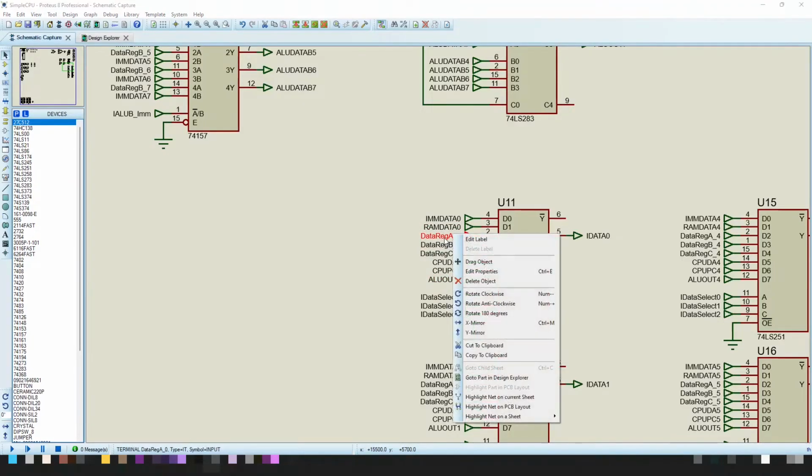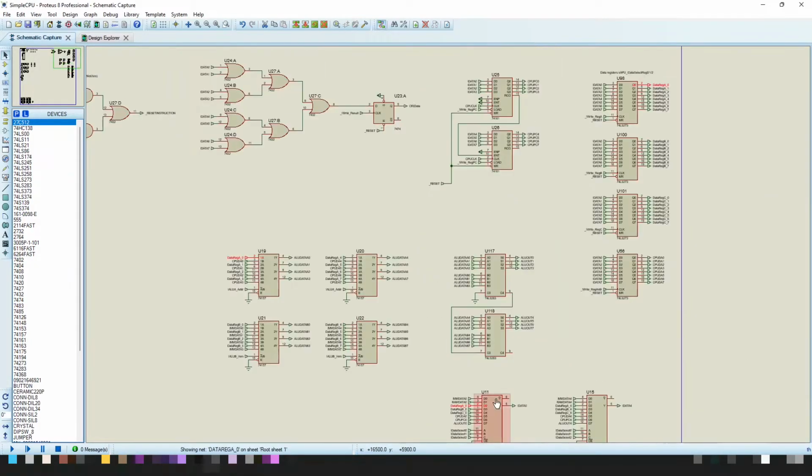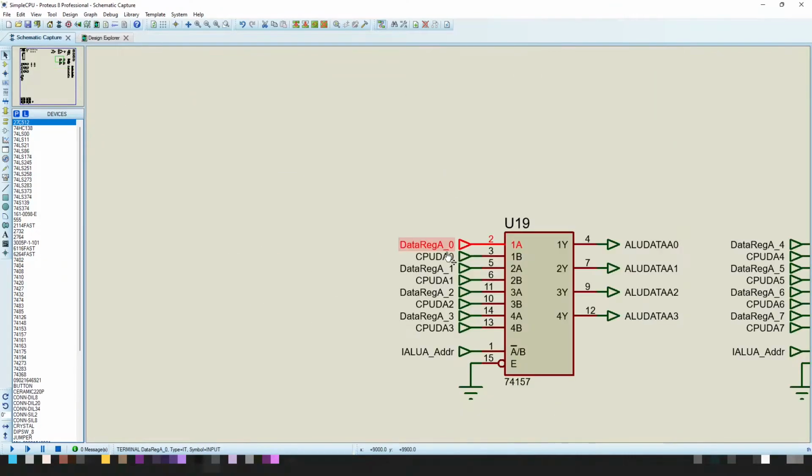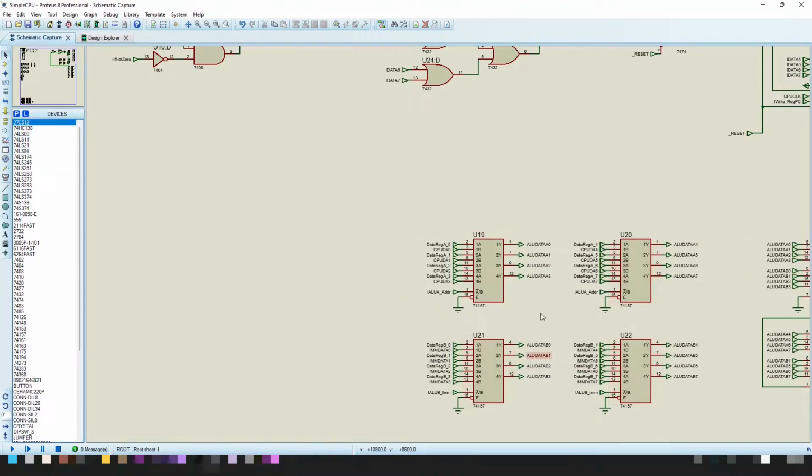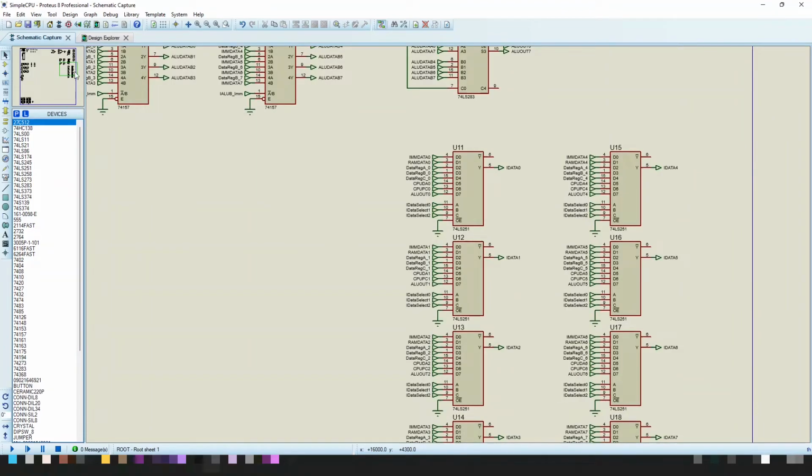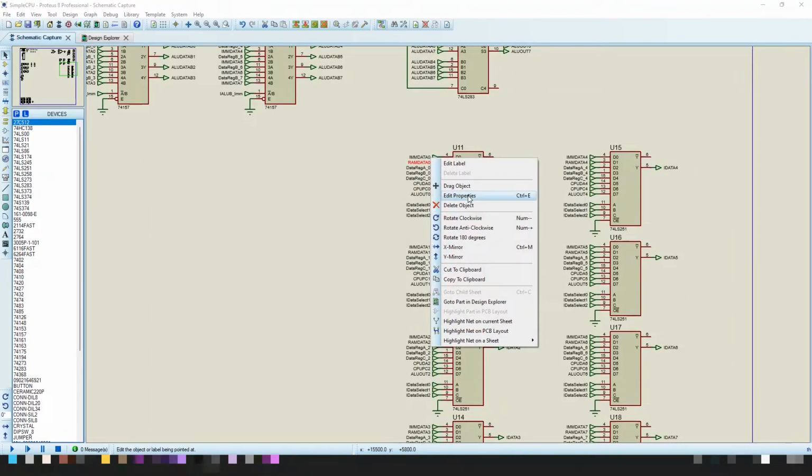Okay, so if I right-click on here and I highlight the net on the current sheet, it will show us that data reg 0 comes from the output of register A, for example. It will show us, if I look at, that's the inputs, the ALU. If I go back here and show you the RAM data,